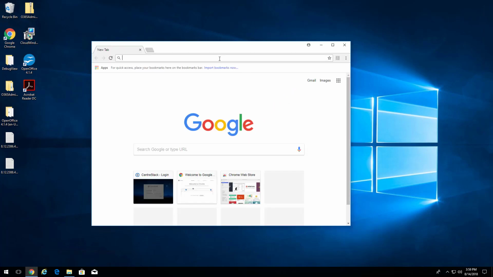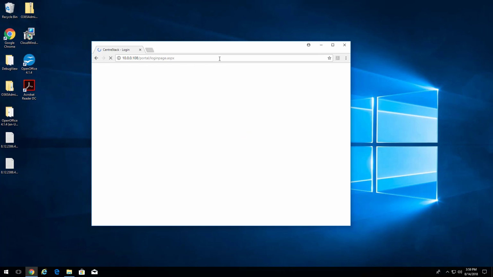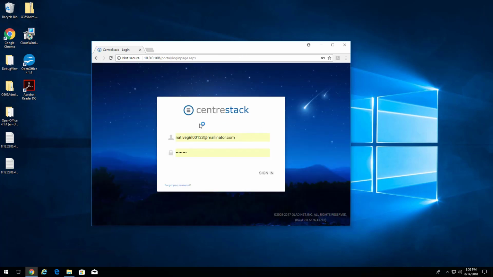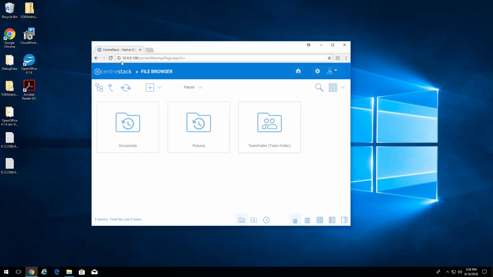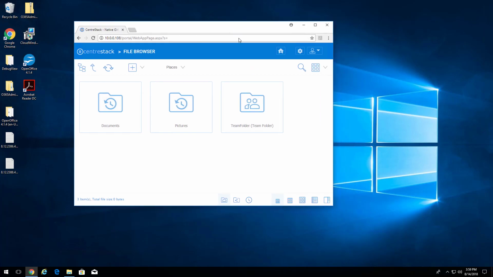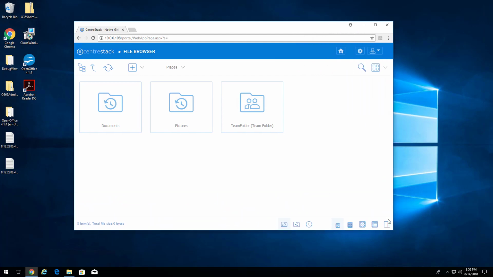I need to navigate to my CentreStack web portal, which will be a domain, or in this case an IP address. I need to log in with the credentials that were given to me as a user of that CentreStack. Once logged in, you can see that what a non-admin user sees is essentially just the folders that are available